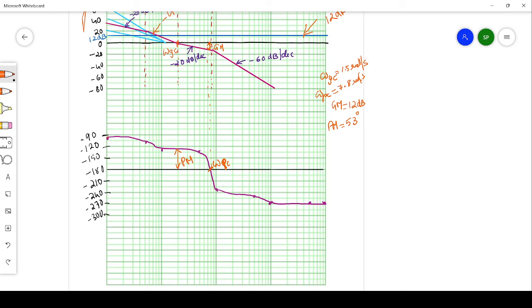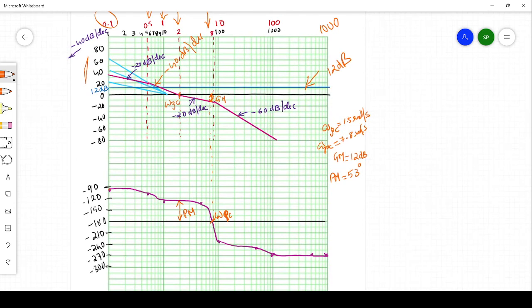Now how will you find the phase margin and gain margin? We know that the phase margin is found at the gain crossover frequency. How will you find the gain crossover frequency? It is the frequency where the magnitude plot intersects the 0 dB line. Here you can see this red slope, our magnitude plot line, intersecting at 0 dB. That frequency corresponds to our omega GC. We found that omega GC is approximately 7.8 radians per second here.